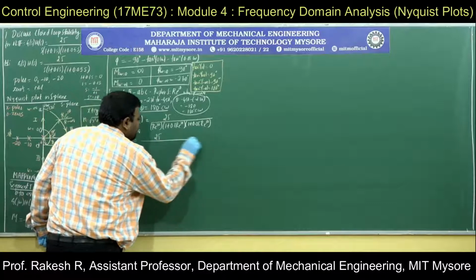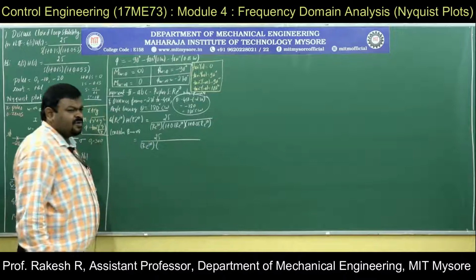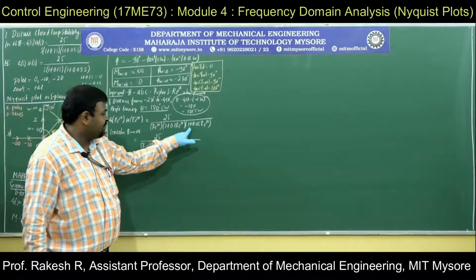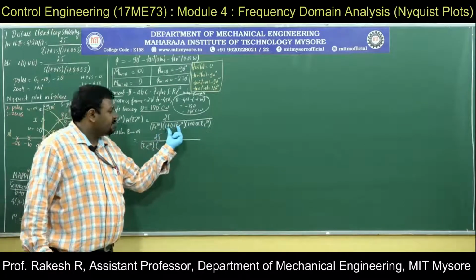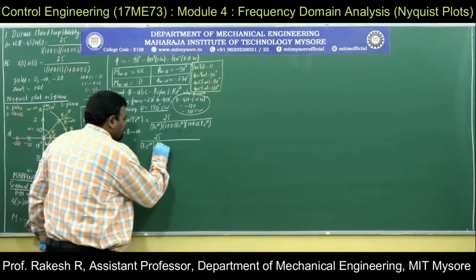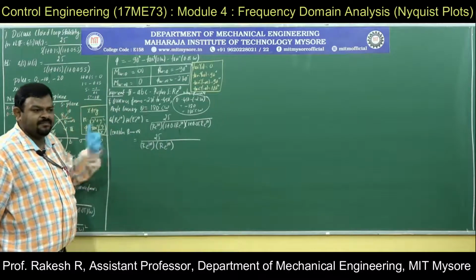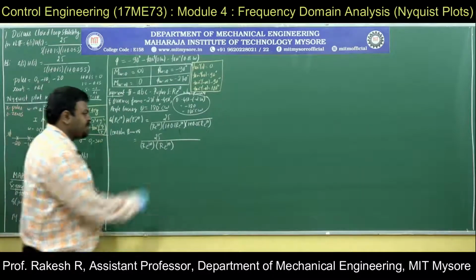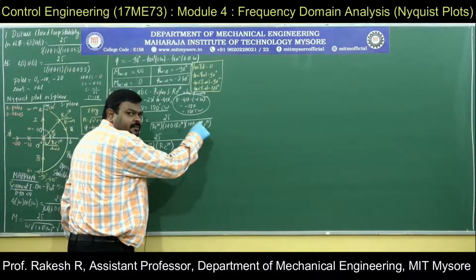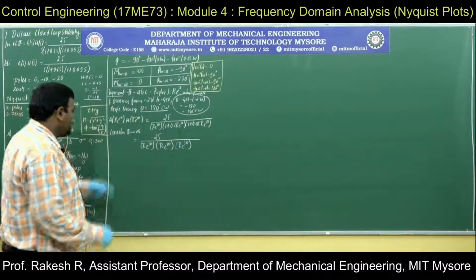25 divided by, retain this value, r e to the power of j theta into, compare whether 1 is greater or infinity is greater. Here infinity is greater. Infinity into anything is again infinity. So this value is dominated rather than 1. Hence consider this value r e to the power of j theta, because you are using r tends to infinity. So that's why you have to use this. Again here infinity into anything is infinity. 1 is smaller compared to infinity. So r e to the power of j theta. Now you apply limit.